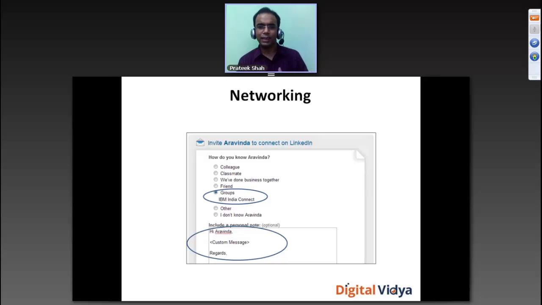And secondly, what I personally recommend is that when LinkedIn gives you the opportunity to connect with people, it has a custom message which it gives you by default. But what you can ideally do is customize that message for your own need, and then send it out. That's a much better way to actually go about doing it, right?